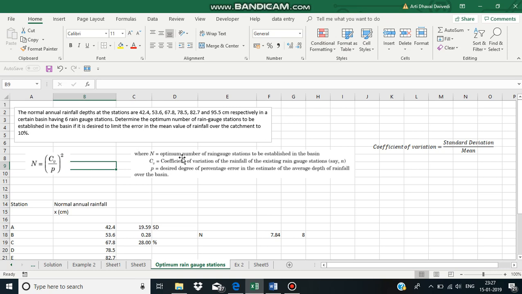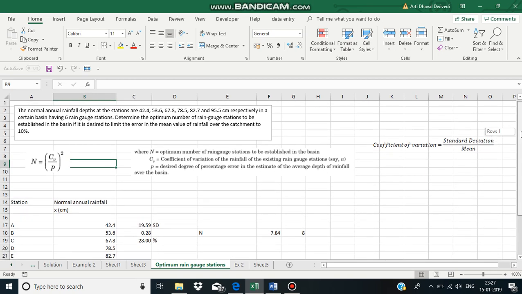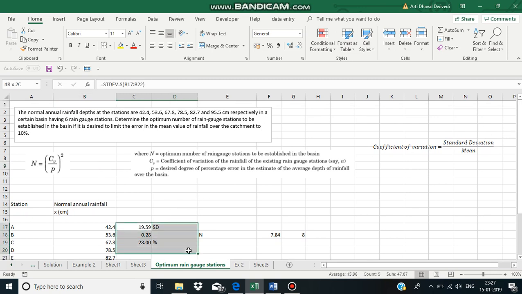N is the optimum number of rain gauge stations to be established in the basin. CV is the coefficient of variation of rainfall of the existing rain gauge stations, and P is the desired degree of percentage error in the estimate of average depth of rainfall. Now, coefficient of variation is standard deviation divided by mean. So, first of all,